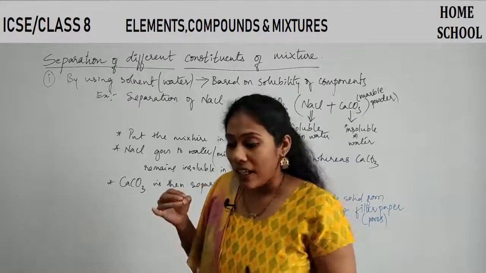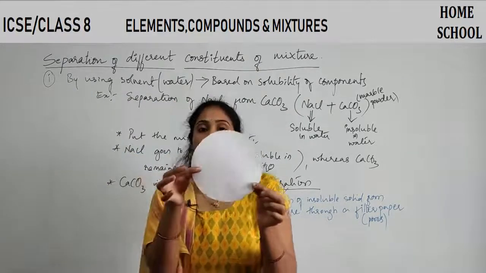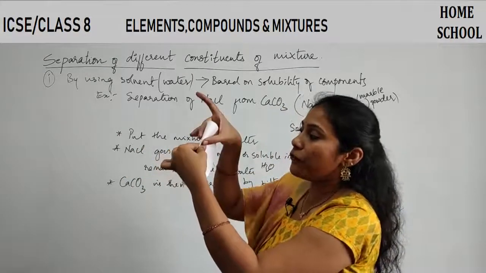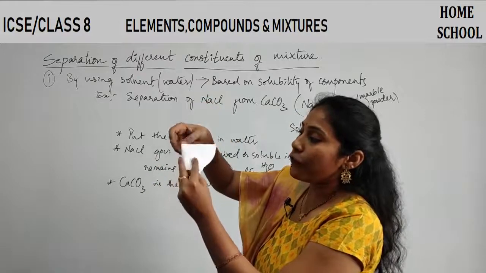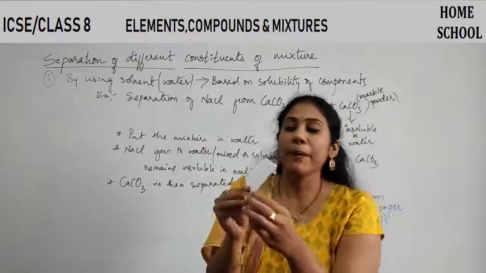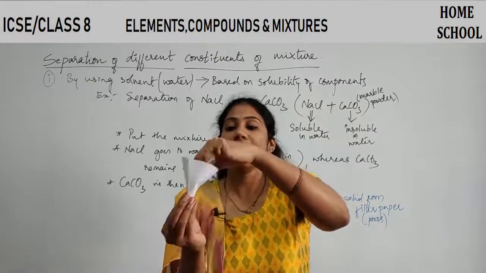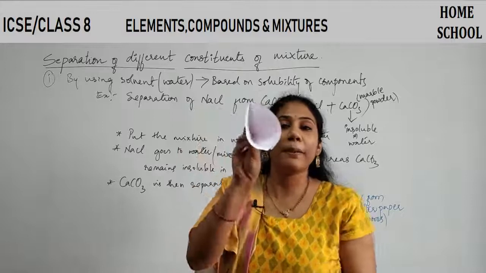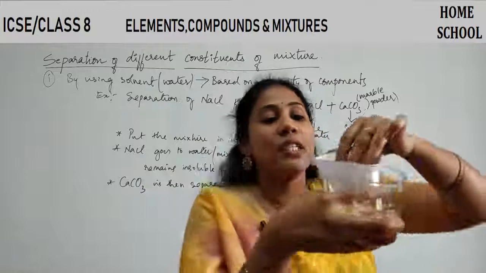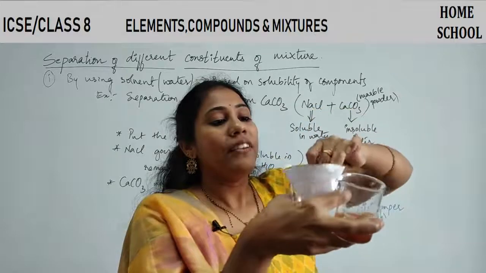Clear? I will just show what you mean by a filter paper. Filter paper looks like this, right? This filter paper, we have to fold. This is one fold. Now I'll fold once again, two folds, right? After folding this way, we get the shape of a cone, isn't it? It will stay in a cone shape. This is how you get the shape for a filter paper. After getting this shape, we have to keep it in a funnel. We will hold it like this.